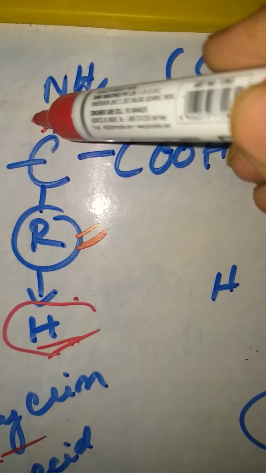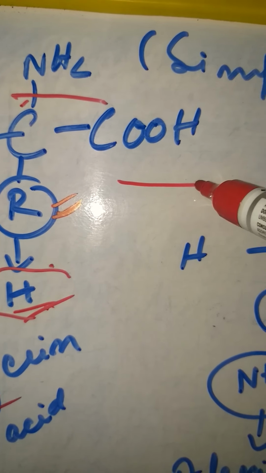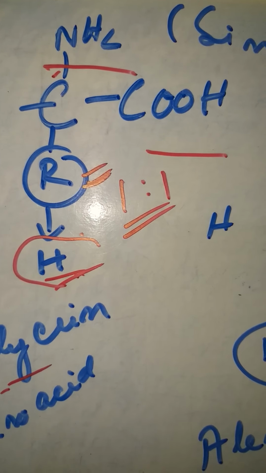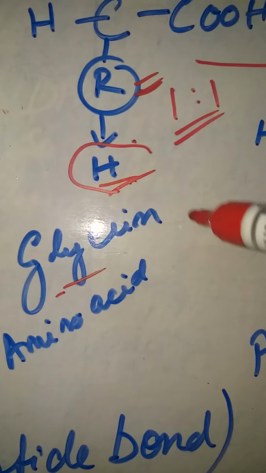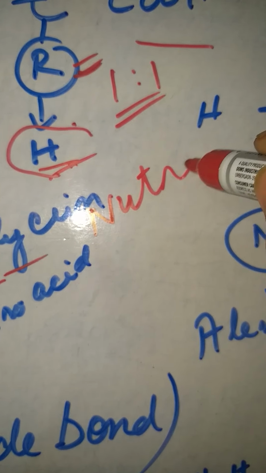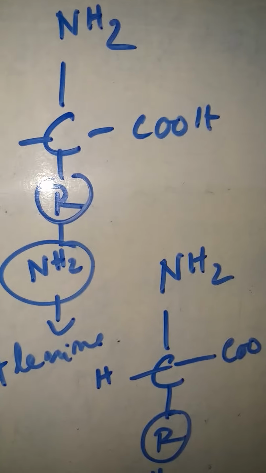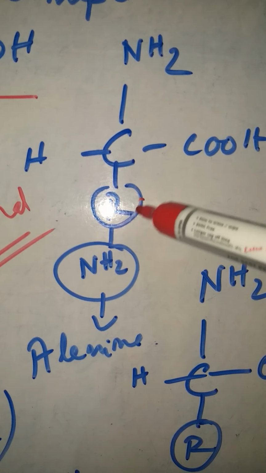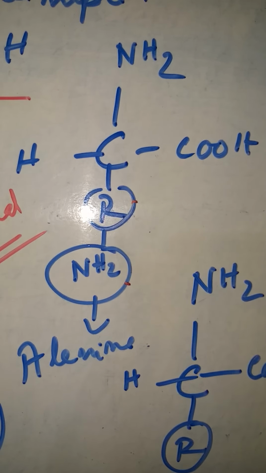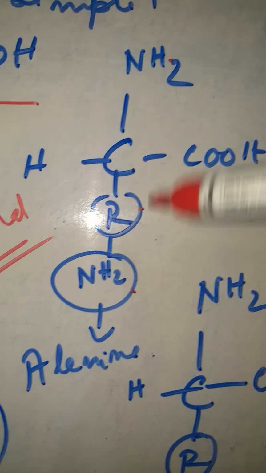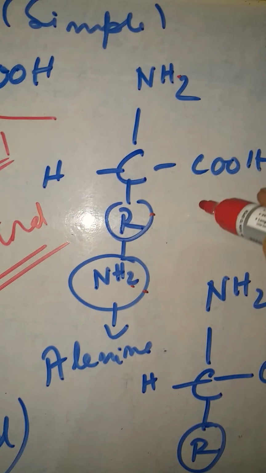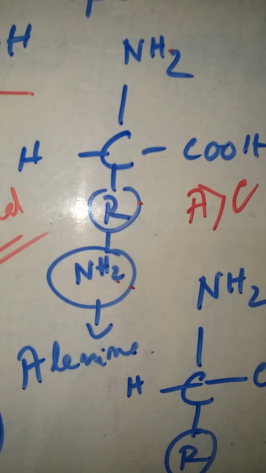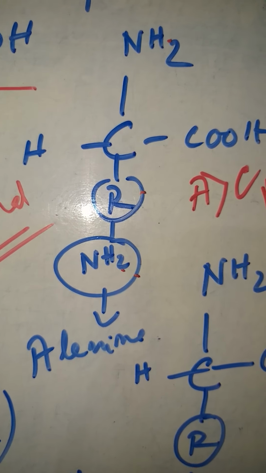Now you see, we have one NH2 and one COOH. That means 1:1. So if we have 1:1, we call it neutral. It is a neutral one. Now here in the second case, you again have one carbon here and this R is replaced by NH2. Now in this molecule, we have 2 NH2 groups attached to it and 1 carboxylic acid. So the amino group is more than the carboxylic group. So here we have a basic one.